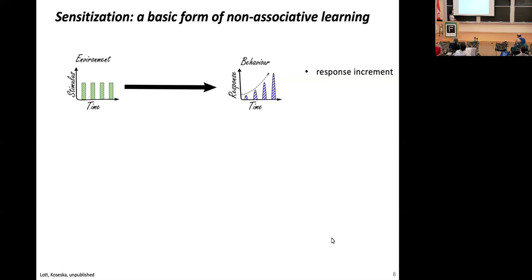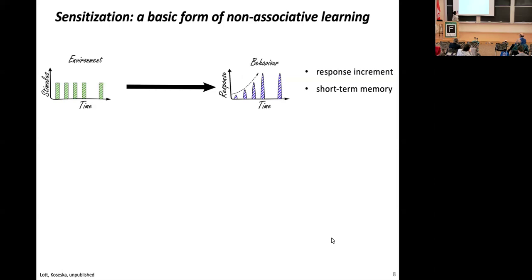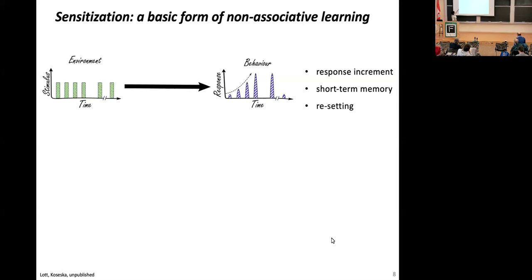this particular feature that when you repeat a stimulus, you see a response increment, but this is not everything. Also, if you withhold the signal for a while and you give it again, then the system shows the same amplitude of response. But if you withhold even for a longer time and you present the stimulus, the system has reset it. So it's a transient process, and you have to go over the same sequence of behavior to relearn